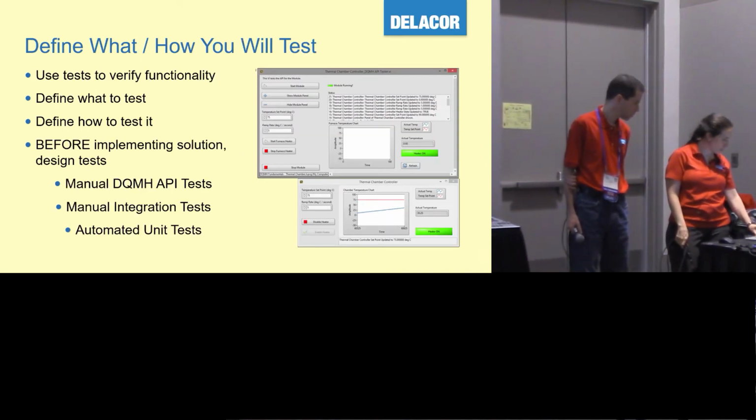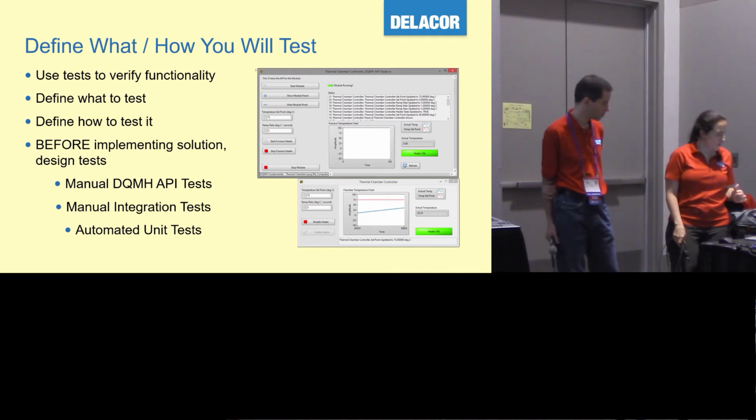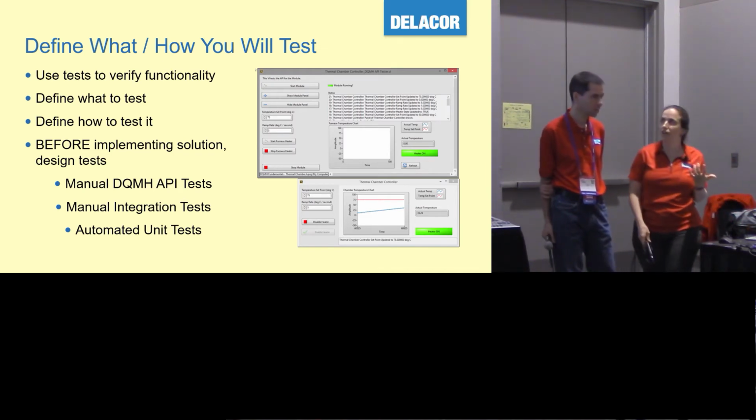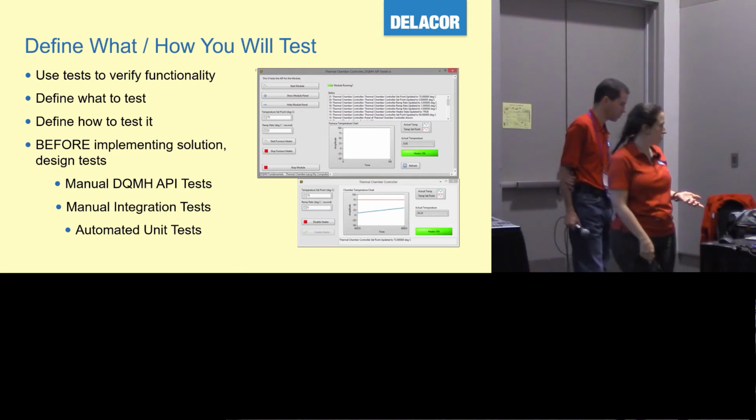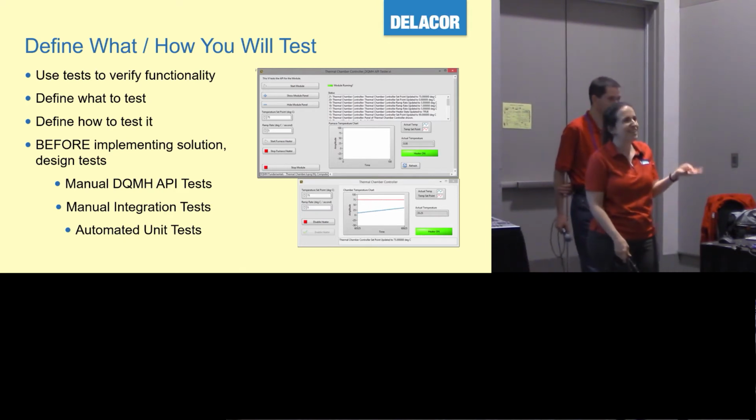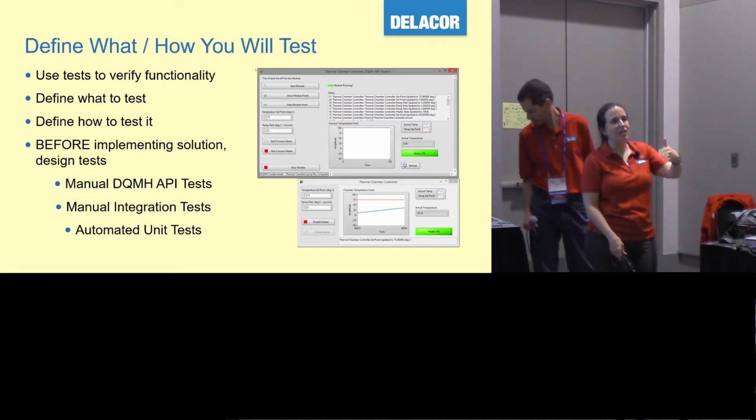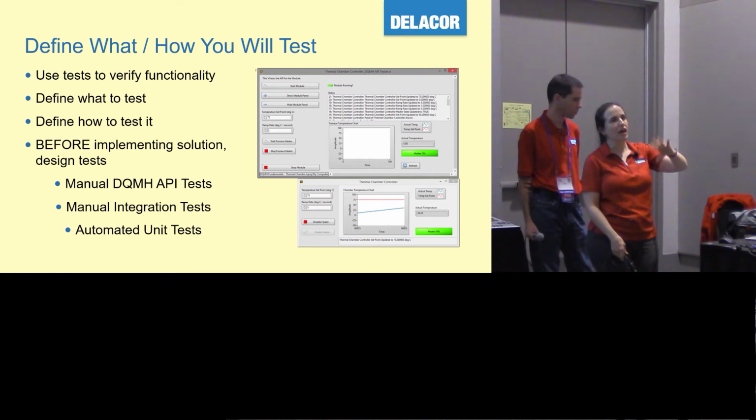So yes, I already said that. A good software unit test lets the developer identify right away where the problem is, which is much easier if you design the code with testing in mind. So how do we define what it is and how we're going to test? Well, if you're using DQMH, you better be using your API testers. The API testers guide you to make sure that any new feature, any new message that you're including, has at least an interactive test on it, right?